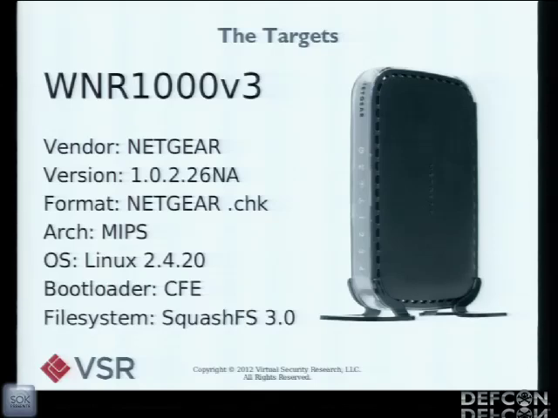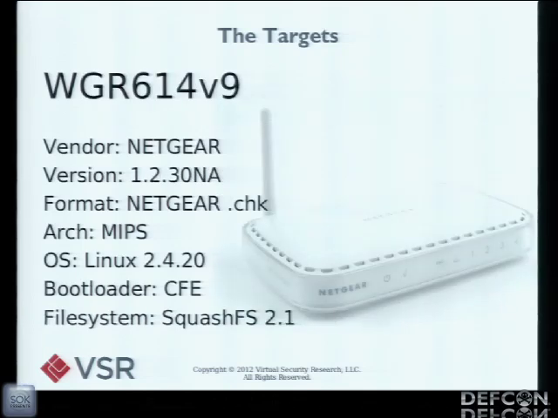So a couple routers that I looked at specifically for this project: the WNR 1000 version 3, made by Netgear, which uses the proprietary Netgear CHK format, which we'll go into a little more later, for the actual structuring of the firmware image. It uses a MIPS architecture, and as we'll see, almost every consumer router out there, at least that I was able to use, was based on MIPS. And these use really old versions of Linux, which is great. This one was using Linux 2.4.20, which I believe came out in November of 2004 or 2002. And that's really old. It uses the common firmware environment bootloader, as well as, for the read-only file system, squashfs